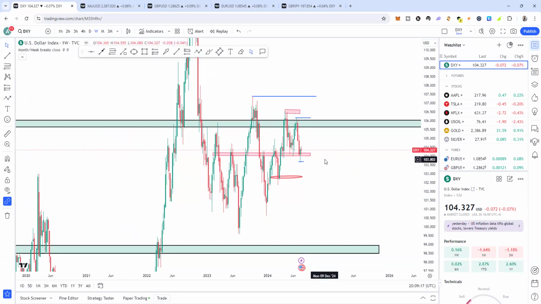I'm looking forward to this week. Actually, we're going to be having very major news: the FOMC meeting, where the interest rate will be determined, and then the NFP. So this week is loaded. On Wednesday, there will be FOMC. On Friday, there will be non-farm payroll. So it's a loaded week.